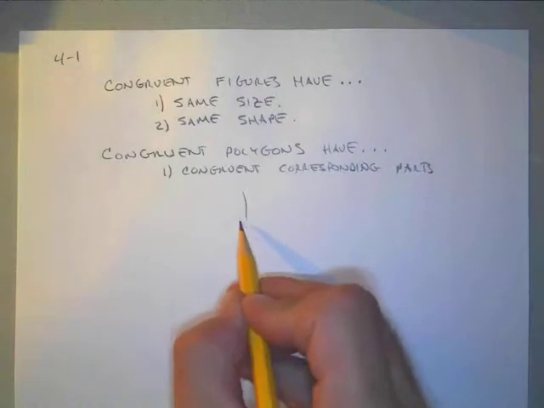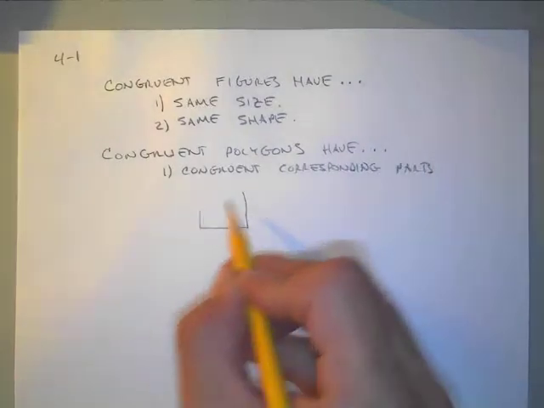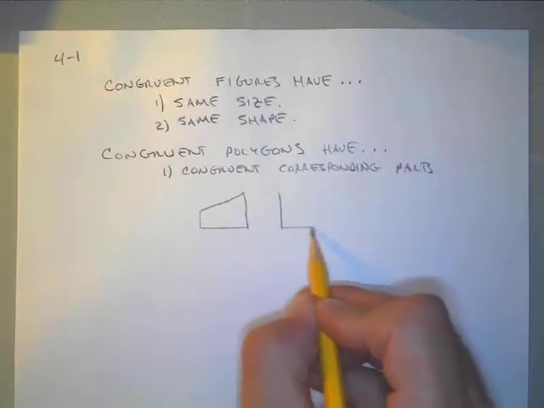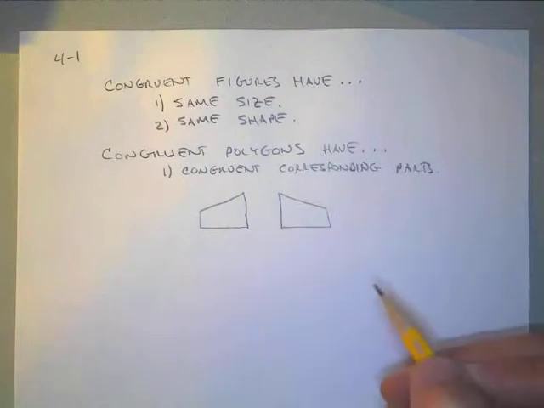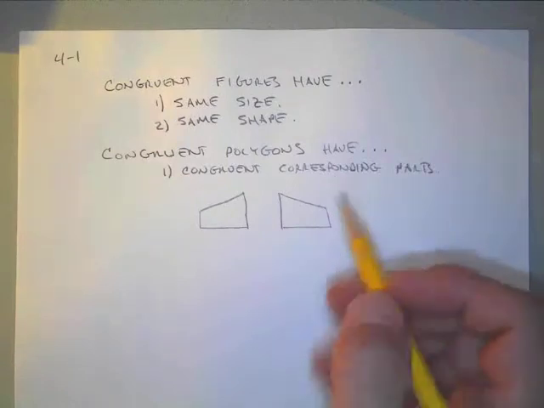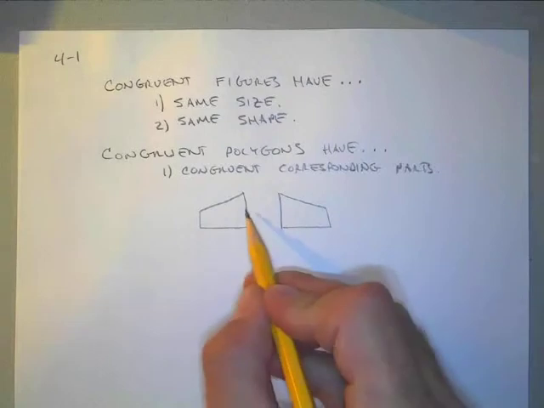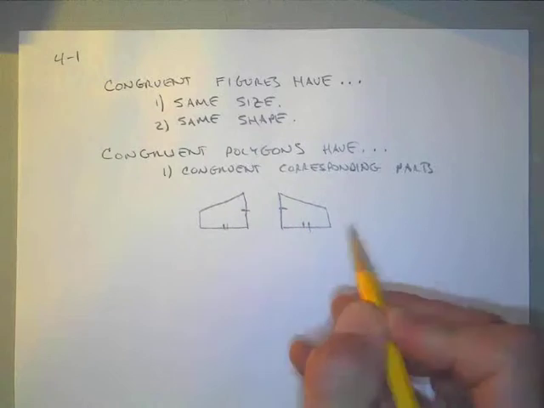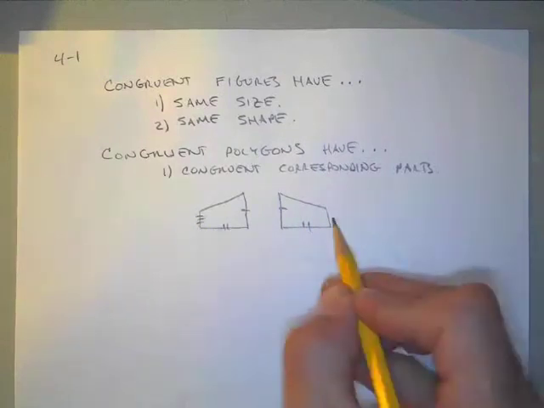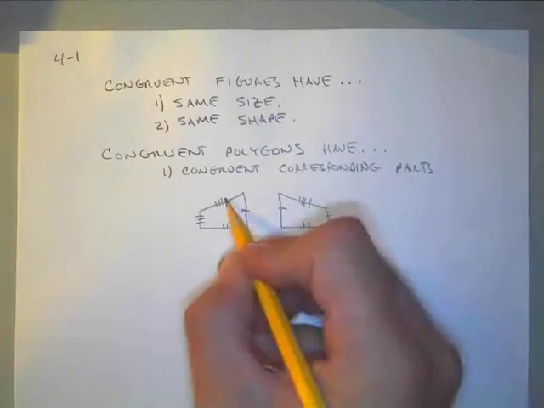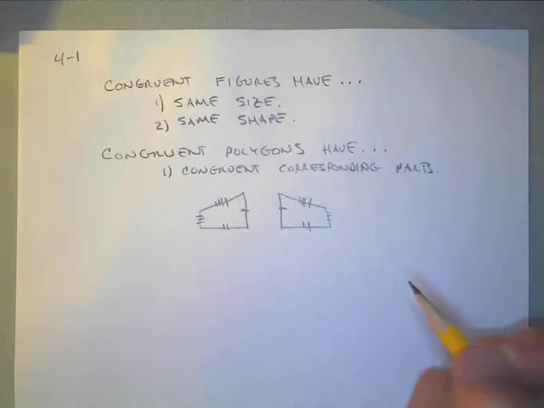So let me draw a couple of figures here. And let's say that we take this figure and we reflect it, so we have an exact reflection. And we could prove that these polygons are congruent, assuming their corresponding parts are congruent. So, for example, if this side and this side are the same, and this side and this side are congruent, and this side and this side are congruent, and this fourth side is congruent with this corresponding fourth side, well,